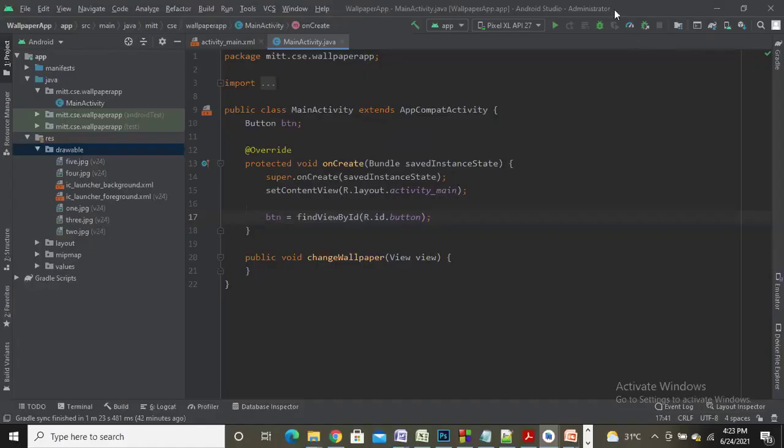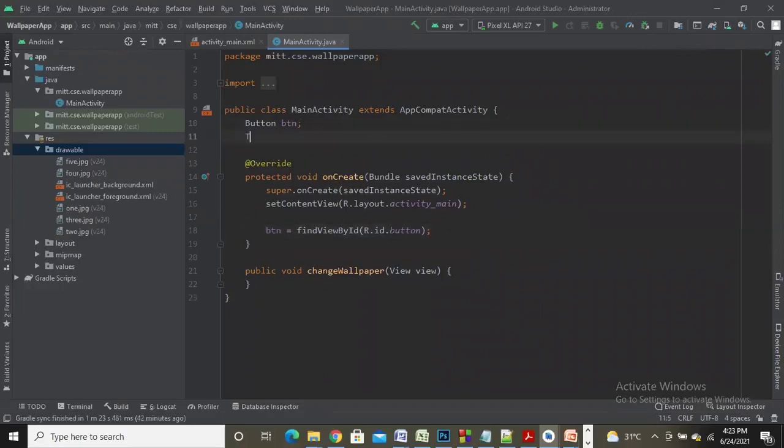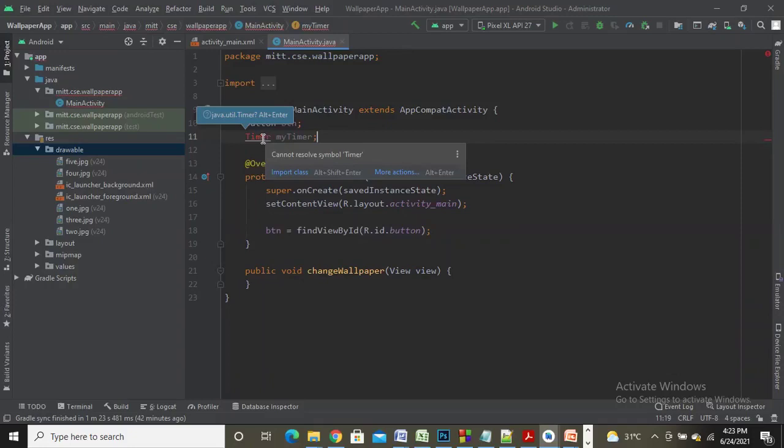So let me declare a variable of a type Timer. Okay. So once again, it's giving me the suggestion that the Timer class is present in java.util.Timer, which needs to be imported.